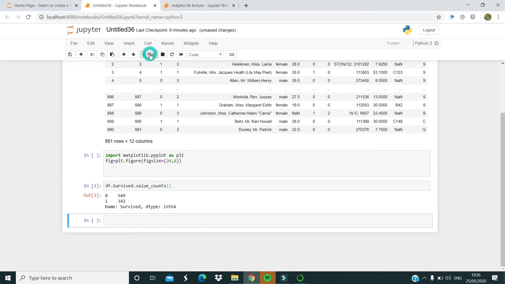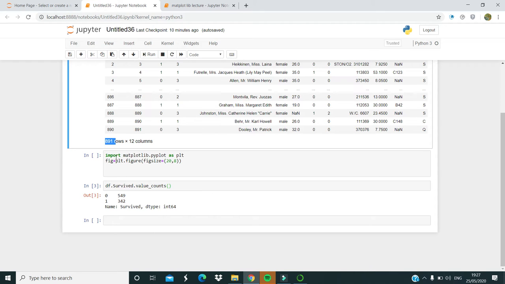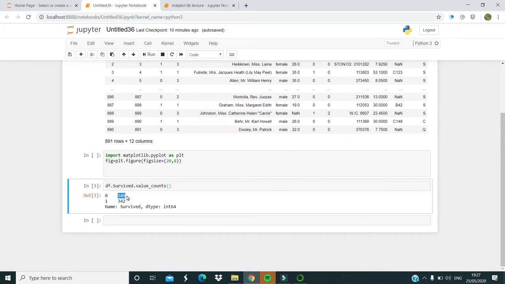If I run that, we can see that the number of 0 is 549 and the number of 1 is 342. So in the Survived column we have 549 zeros and 342 ones. From my 891 rows, I can say that 549 people have died because 0 refers to dead and 342 are still alive.